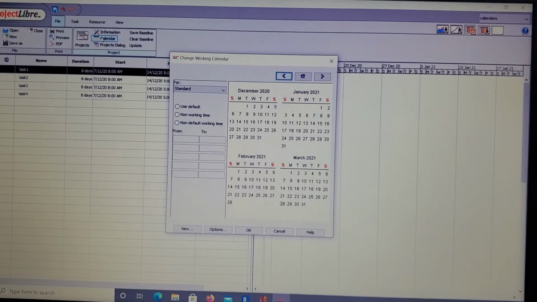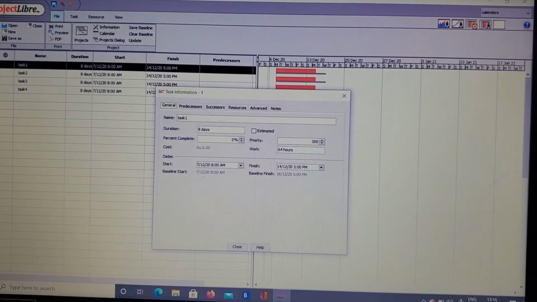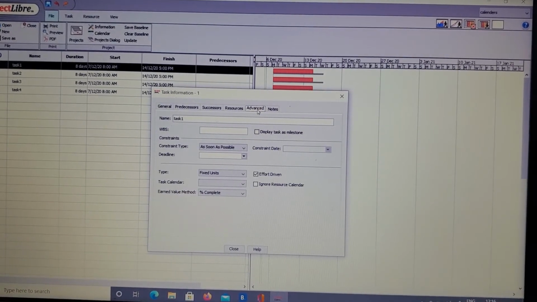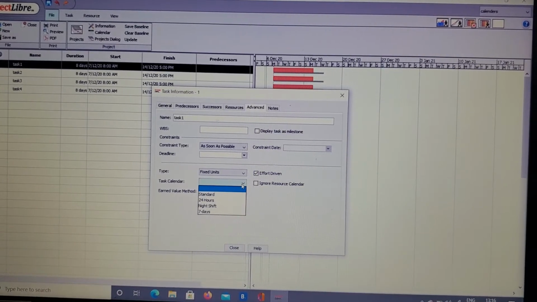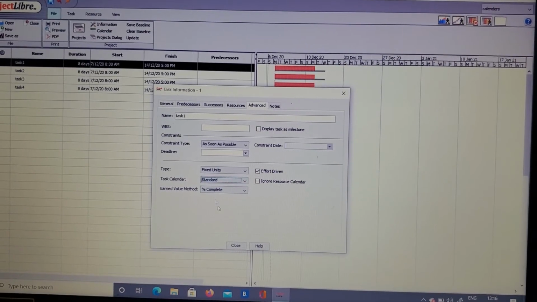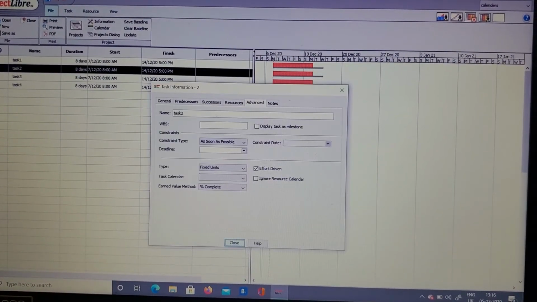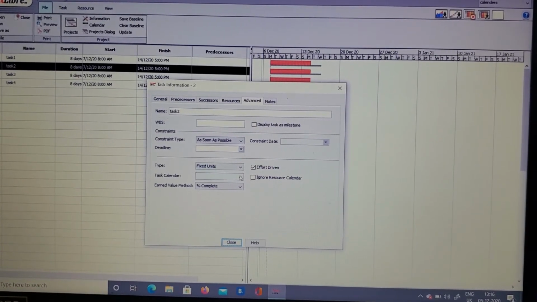Okay, so excuse me. Okay, here I'm going to open up task one to the advanced part, and the task calendar for task one. What are your required working hours? If it's standard, let's keep it as standard. Okay, and see there isn't anything changed, but here for task one, task two in the advanced part again,